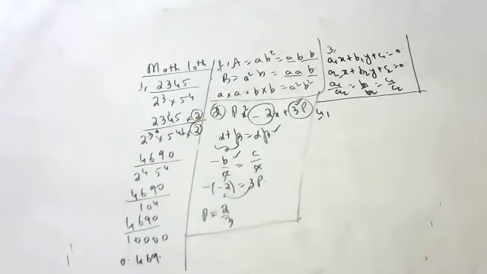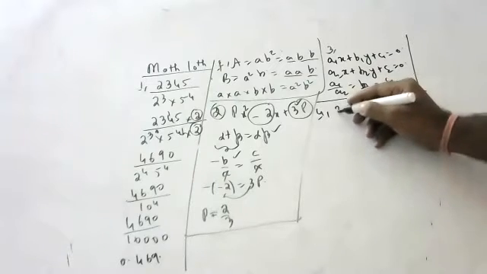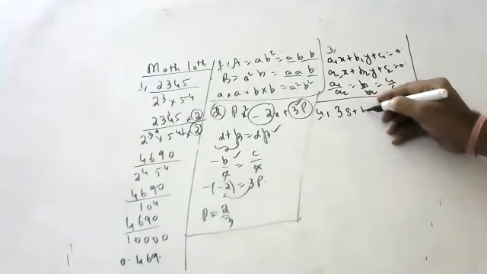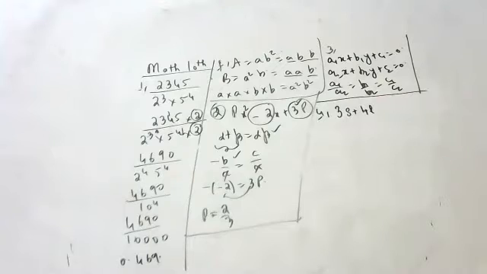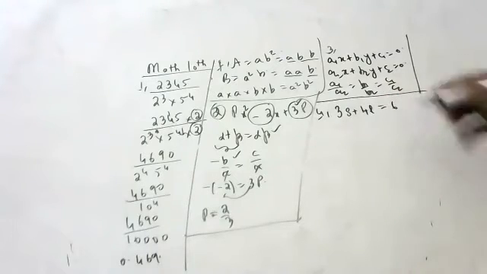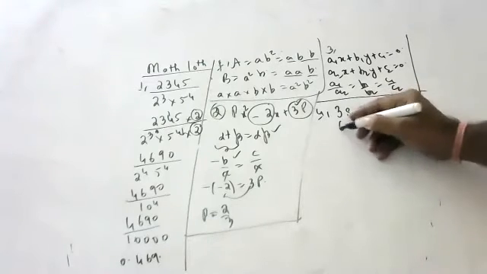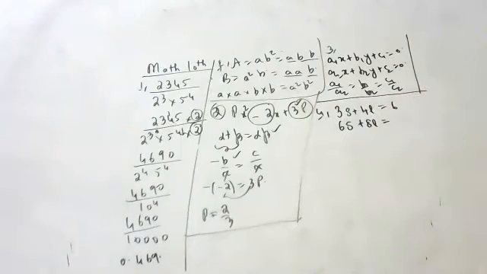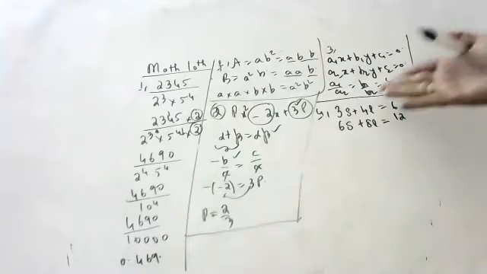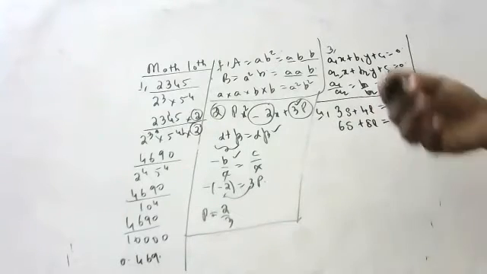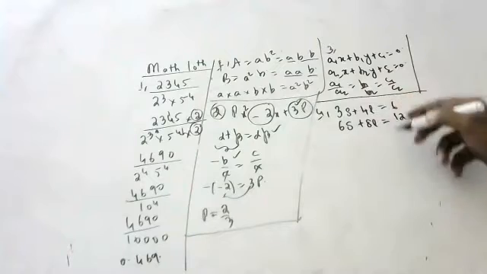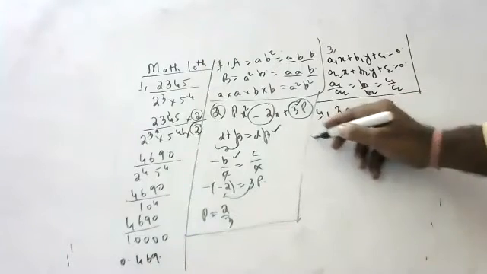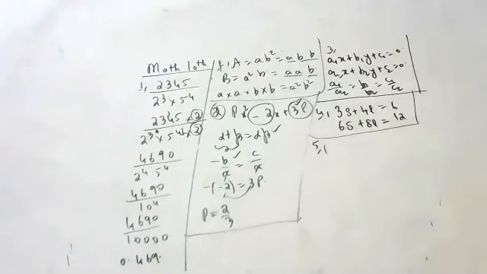A shopkeeper sold 3 sweets and 4 lollipops to a customer for rupees 6. A little later, another customer purchased 6 sweets and 8 lollipops for 12 rupees. The question is, find the linear equations to represent this situation. This is only one linear equation, children. The ratios 1 by 2, 1 by 2, 1 by 2 are all equal. How many solutions will be there? Infinite solutions.